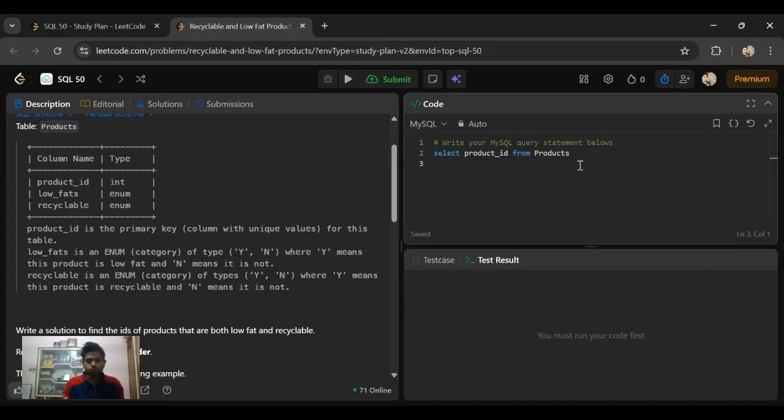So where, now low fat. For the column low fats, we need to write low fats is equal to, as it is of enum type, low fat. For the product to be low fat, we need to write y. Okay, so low fat should be y, as it should be recyclable. And as we want both